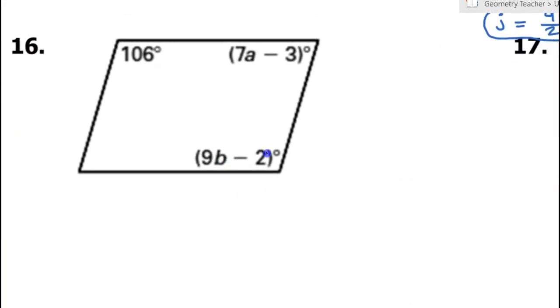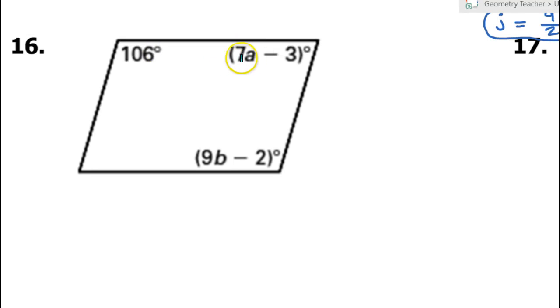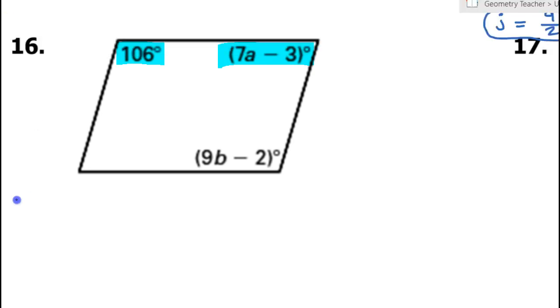Okay, number 16. I'm going to just work in alphabetical order. So first I want to find a. I know that opposite angles are congruent, but I'm not given the opposite angle. So I have a choice. I could use the rule that consecutive angles are supplementary. So that means that